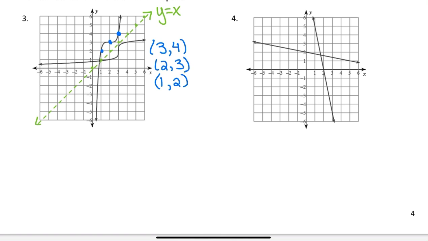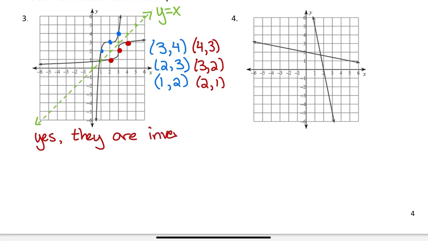If we were to find the inverses of those 3 points, we would have (4, 3), (3, 2), and (2, 1). Let's verify that those are going to be on the other line. (4, 3), (3, 2), and (2, 1). All 3 of those points ended up on the other line, so they must be reflections of each other. So we'll simply say, yes, they are inverses,